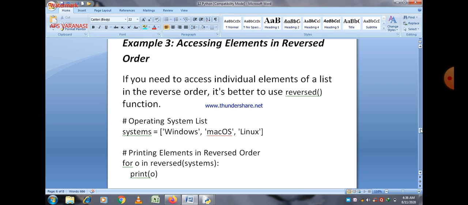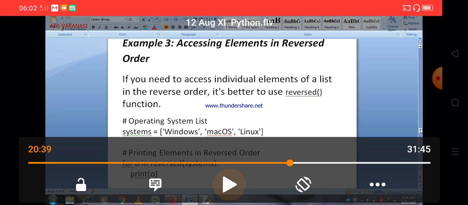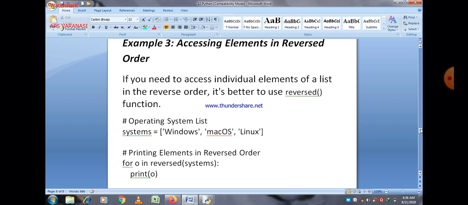So when you give a value for the third parameter, the first is the start position, the second is the end position, and the third is the increment or decrement. Whatever you give as the third parameter, slicing will happen according to that. But when you give it as a negative value, then counting always starts from the reverse direction. So it is very important.